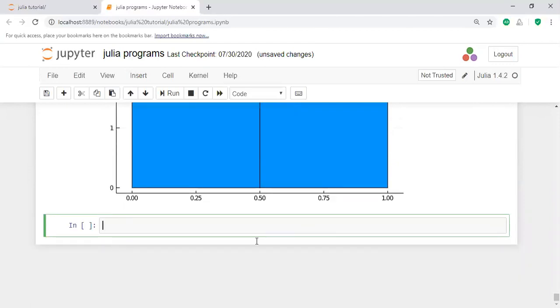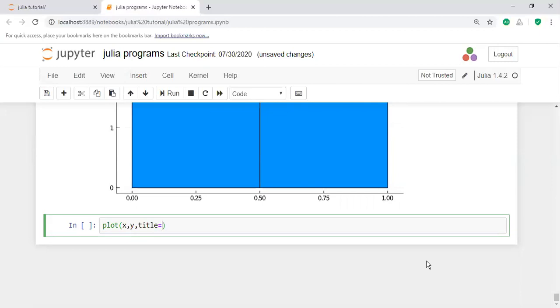For these functions, for example where x comma y values are there, I'm going to add some title. Previously I added some color. For example, for the plot I'm going to give x value comma y value. And then if you want to add the title, how can you add it?